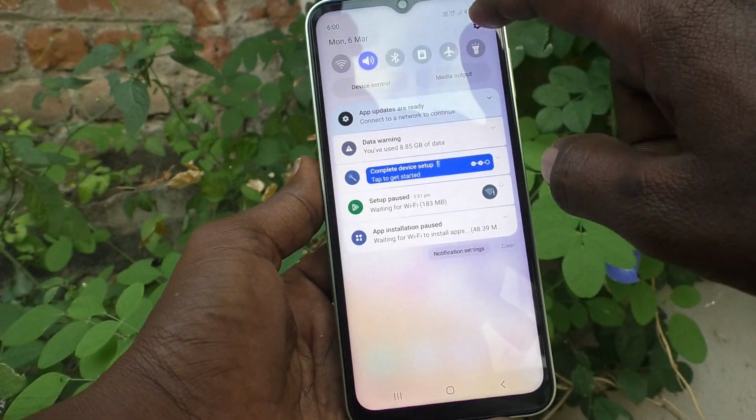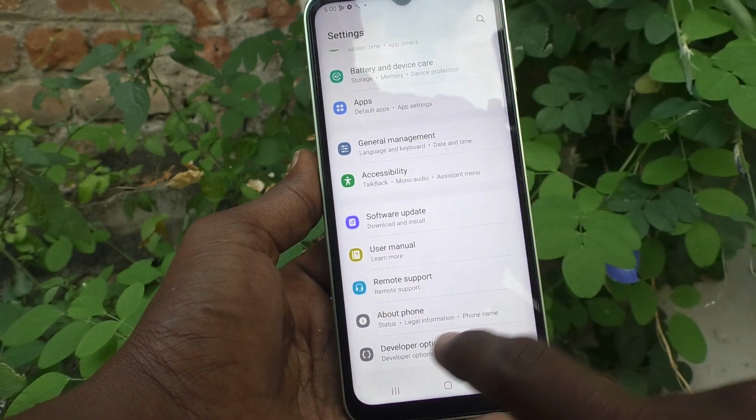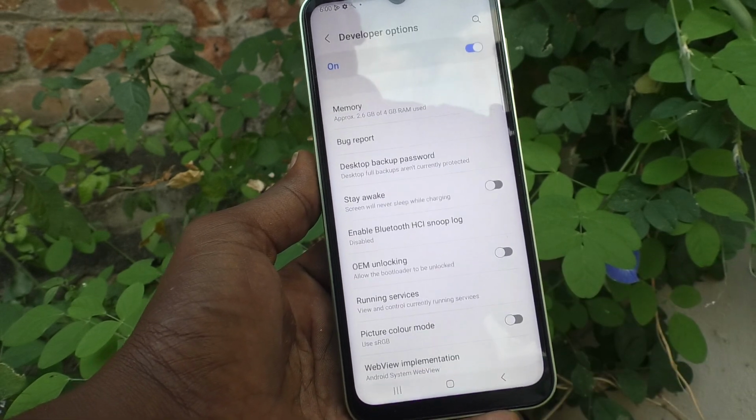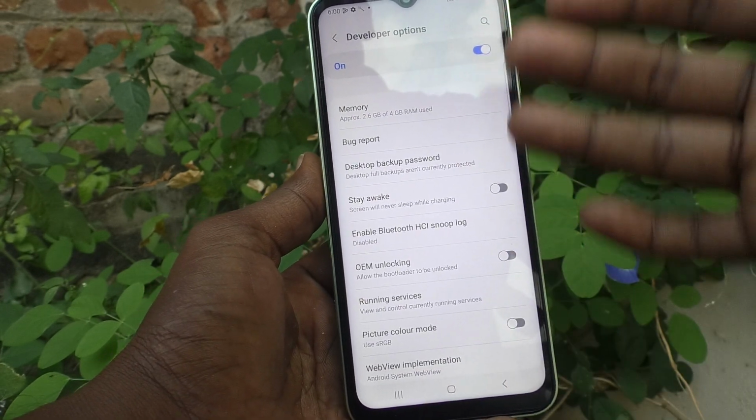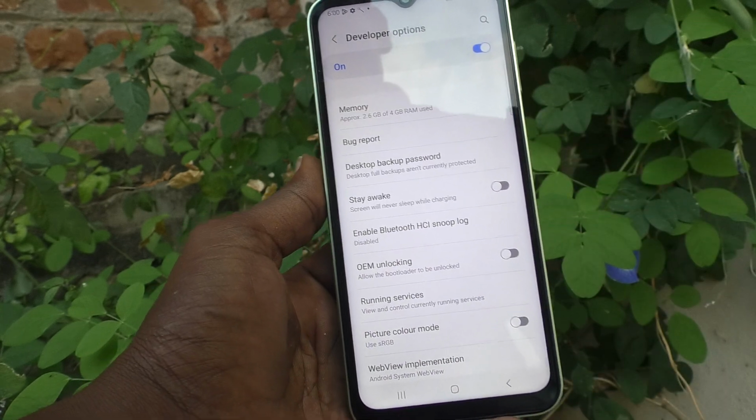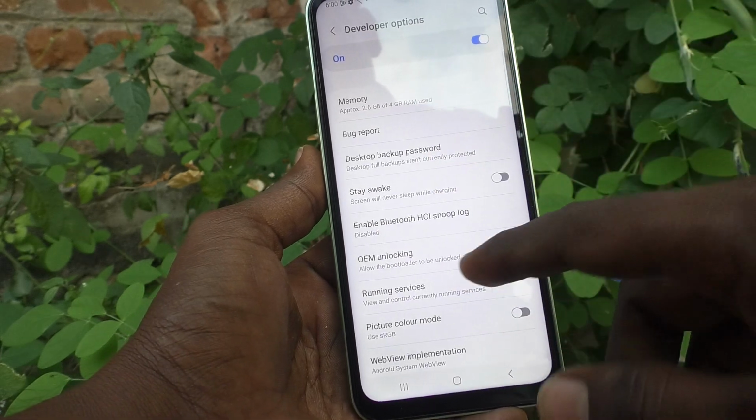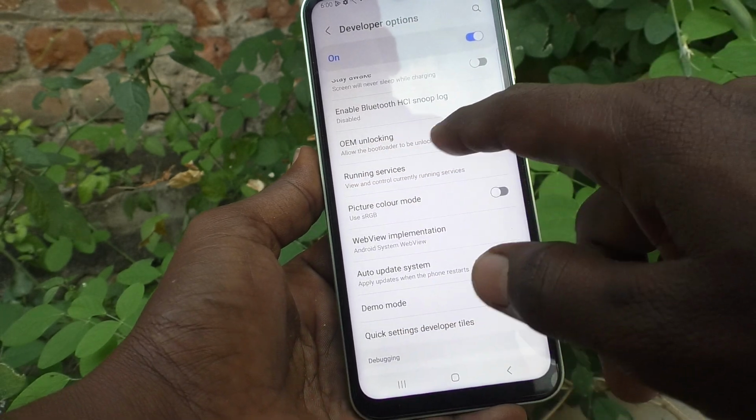Now again go to the settings and go to about phone, and below that you will find developer options. Just click it and you can see different options here. You can check, for example, if you want to check RAM value, you can check here memory, and OEM unlocking